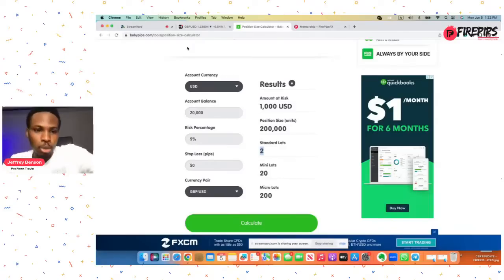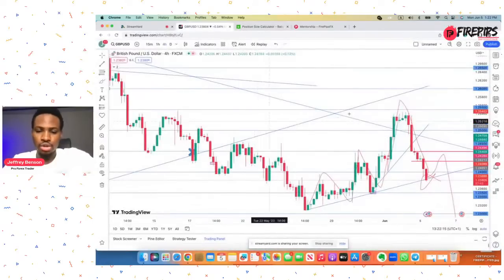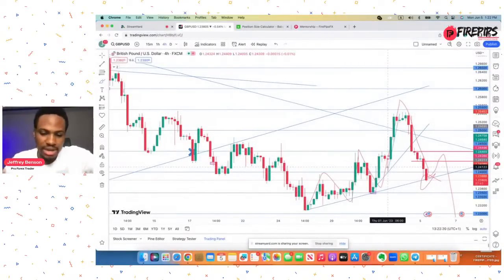So what that did for me was, when price started moving in my favor, at some point I was dollar cost averaging. At some point I was running into some losses because price kept pulling against me. But I kept entering with two standard size because I didn't risk all my money all at once. I think the maximum drawdown that I had was 4K. And at the end of the day, I was able to walk away with 9,000. Let's say 10K in total, approximately.